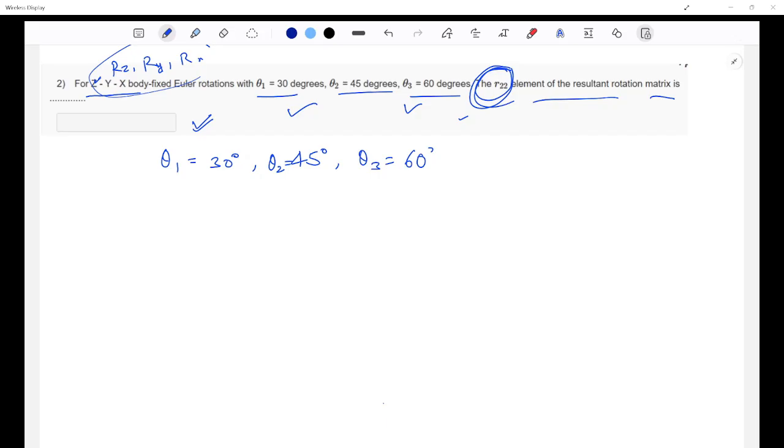What do you think we should do? So I want to write the complete rotation matrix, which will be the multiplication of three matrices, right? One matrix would be rotation about the z-axis, then the other would be rotation about the y-axis, and the third one would be rotation about the x-axis. So it would be Rz(theta 1) into Ry(theta 2) into Rx(theta 3), right?